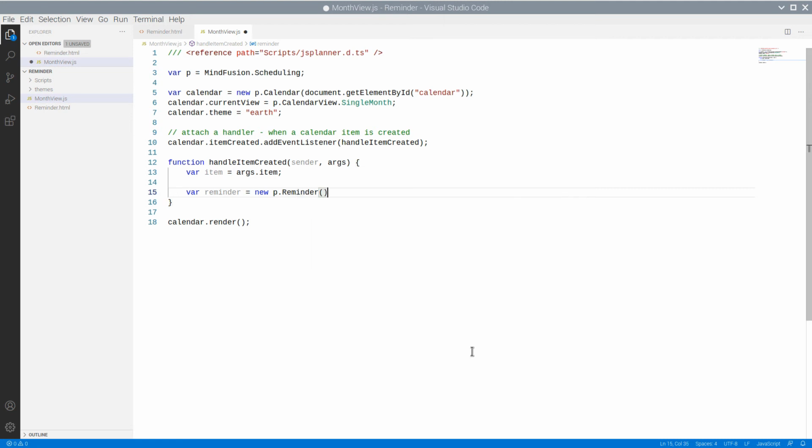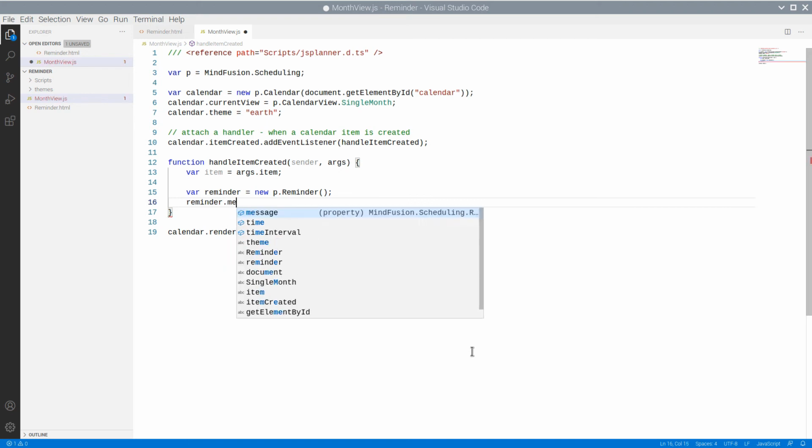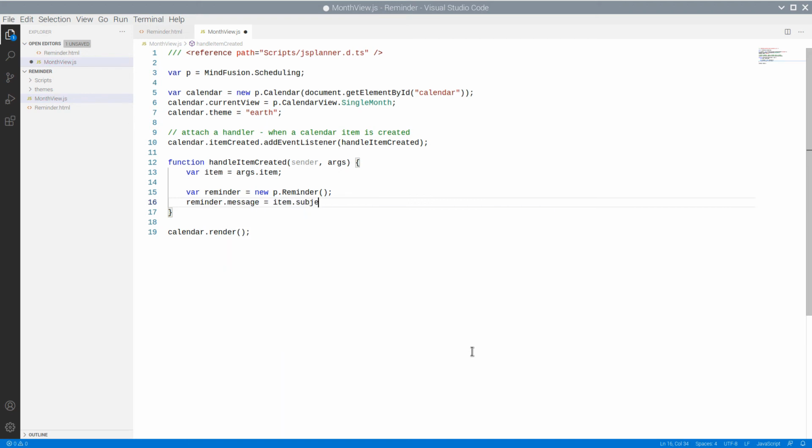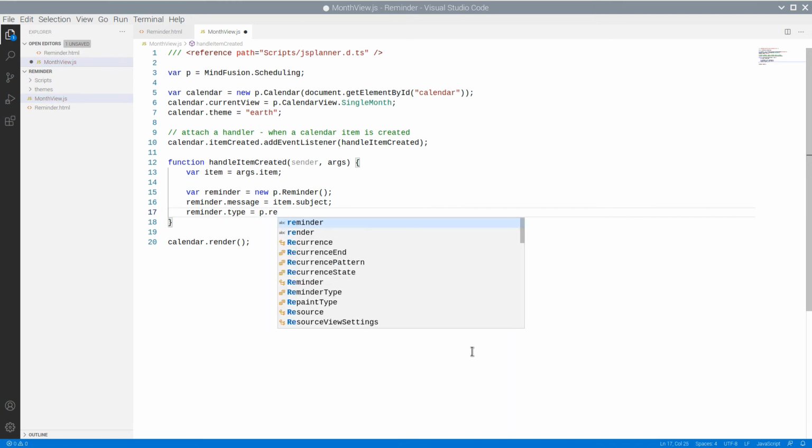Then we create a reminder, which is an instance of the reminder class. For the message of the reminder, we place the subject of the item. The type of a reminder indicates if it is triggered exactly at the time of the event occurrence or before it.